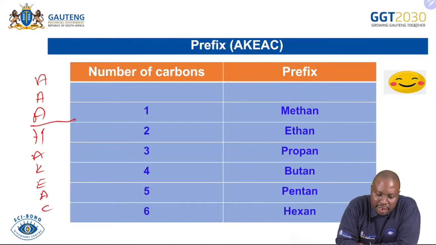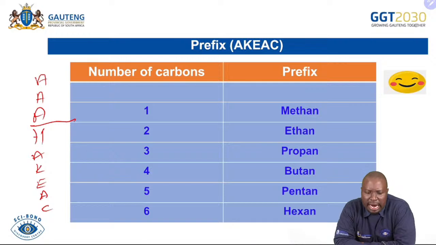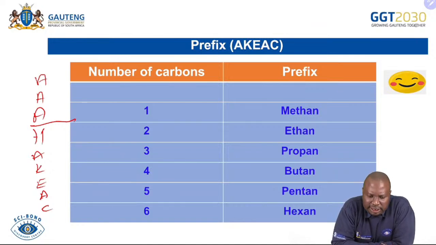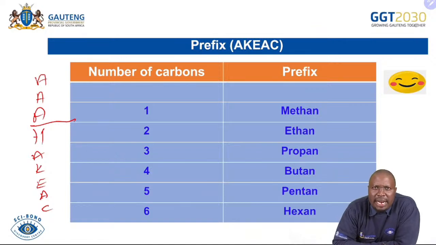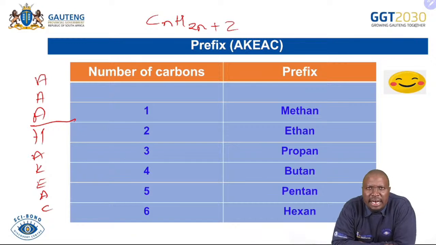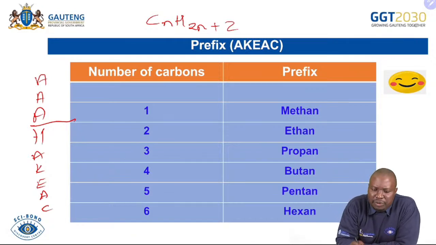We said the first 3 are alkanes, alkenes, and alkynes. We said those 3 are called hydrocarbons. They are hydrocarbons because they are made up of hydrogens and carbons only. And these alkanes, alkenes, and alkynes, we talked about their general formulas. We said the general formula for alkanes is CnH2n+2. You will remember, learners, for you to get the general formula for alkenes, you will have to get rid of 2 hydrogens, which means for alkenes,